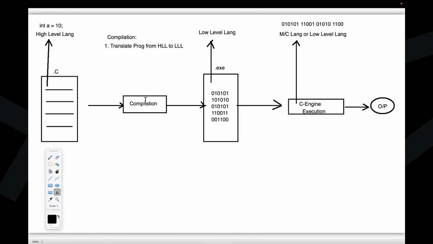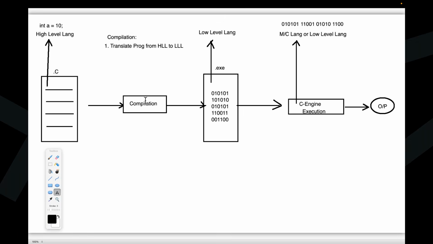Without checking mistakes, executing a program is a crime. Understand my point? Having mistakes in our program is not at all a problem. But without checking mistakes in our program, trying to execute the program is a crime. So because of that, what is required now? Before executing the program, we have to check whether our program has errors or not. We have to check whether our program is written as per the rules and regulations of the Java programming language or not, or the C programming language or not. So before executing the program, we have to check whether it has errors or mistakes or not.